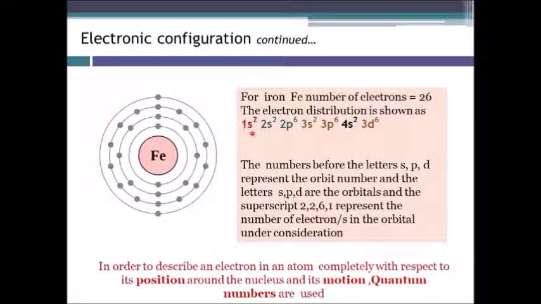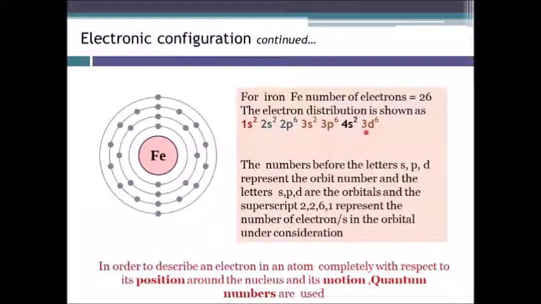Now, first and foremost, observe one thing. The numbers we write just before those small letters S, P, D, F and so on. There are no commas in between these 1s2, 2s2 and so on. Again, the 2 over here is a superscript. It represents the number of electrons. S, P, D, F represent the orbitals, and 1, 2, 3, 4 represent the orbit number. So, these superscripts represent the number of electrons. The numbers in front, that is before S, before P, they represent the orbit number, and